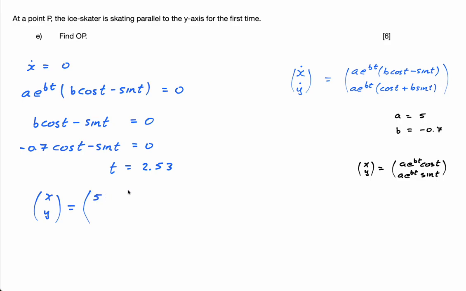So I have 5e to the bt, and t is 2.53, cos of 2.53. And down here I have 5e to the minus 0.7 times 2.53 sine of 2.53. And this is equal to,